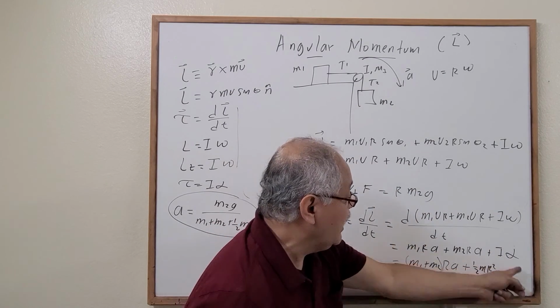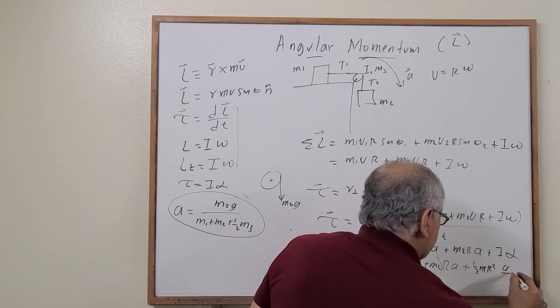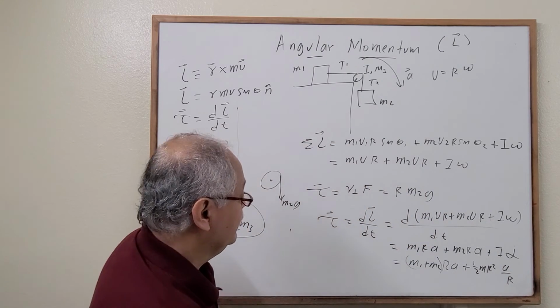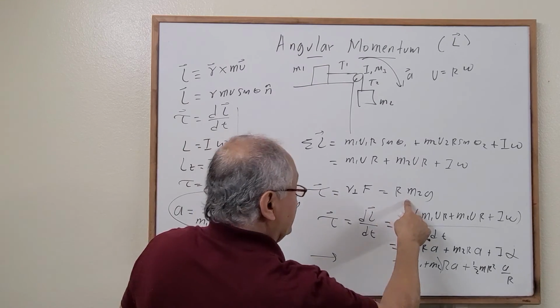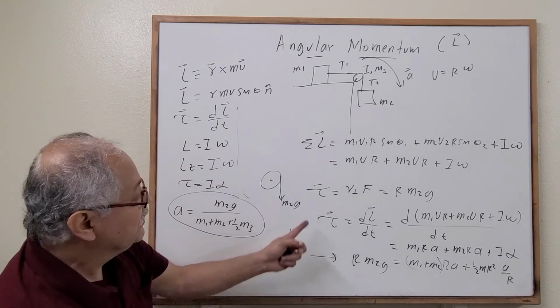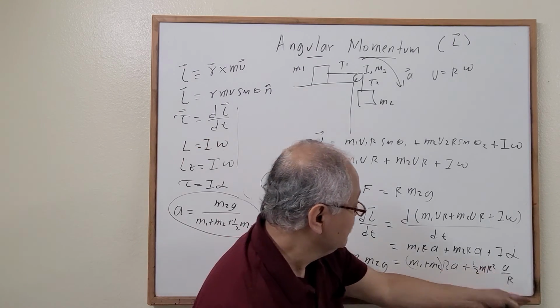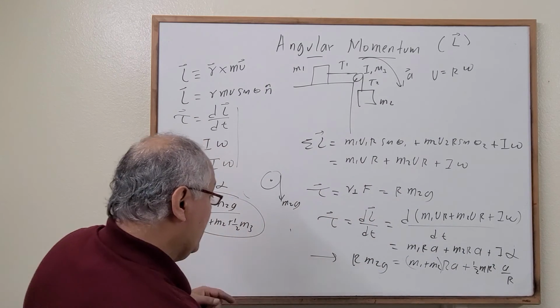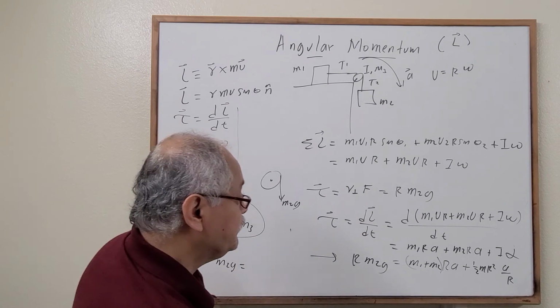And alpha is equal to acceleration divided by r. Let's substitute this value right here. The torque is r m2 g, and you can see r is canceled. So we have that m2 g is equal to